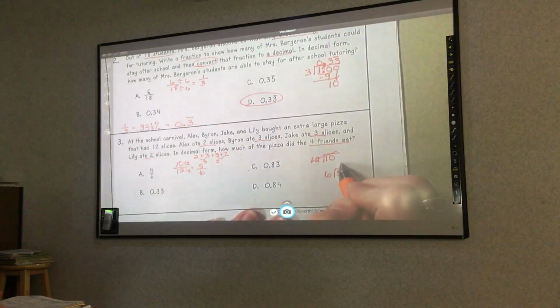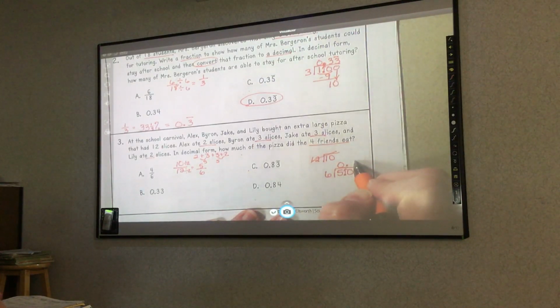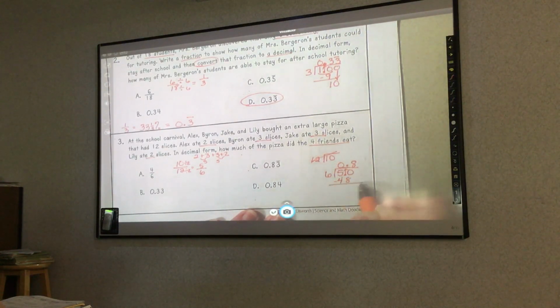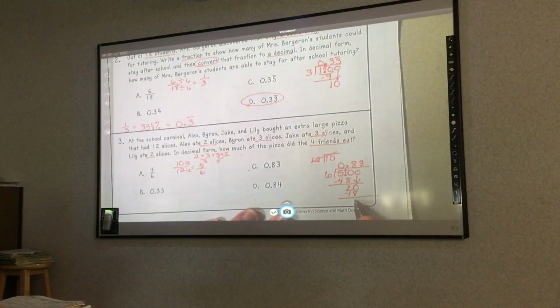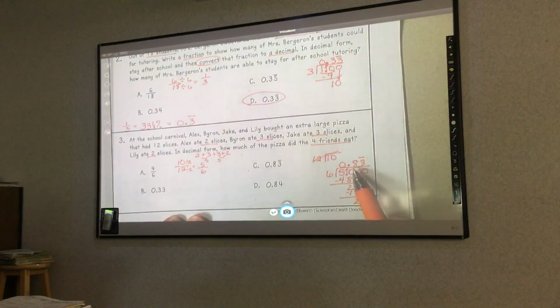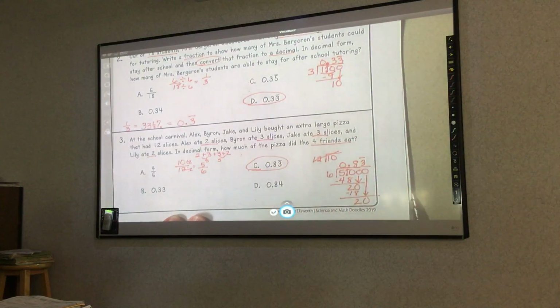The 6 going into 5? Nope. Add the decimal, bring it up. 6 goes into 50. How many times? 8. 8 times 6 is? 48. 2 left. Add a 0. Bring it down. 6 goes into 20. 3 times. 3 times 6 is? 2 left. What's happening? I don't even really have to go any further, do I? So what is it, the 8 repeating or just the 3? So C is my answer. Go ahead and hit